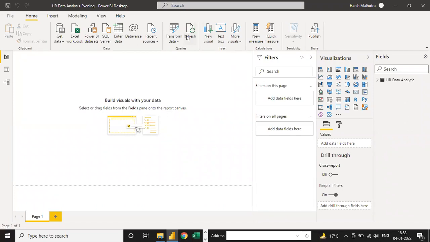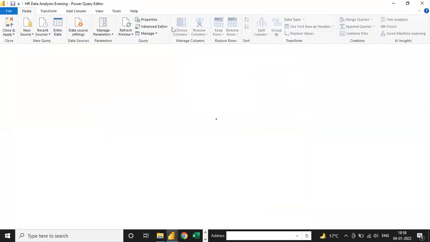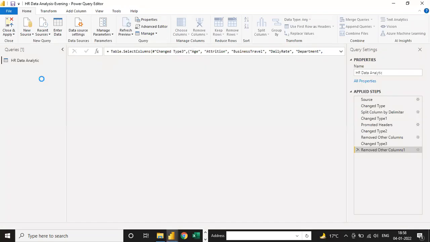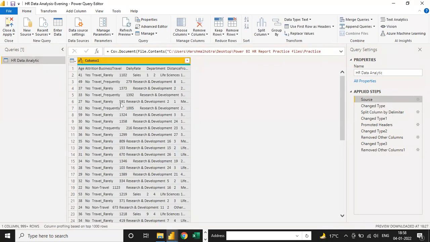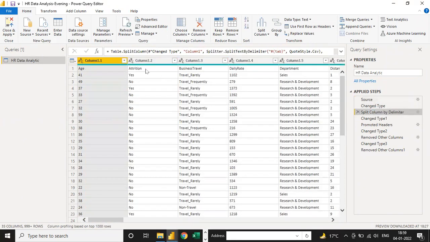So right now, are you able to see my screen now, everyone? Yes, sir. So first we are working with this transform data yesterday. So we are just loading only one data, and then first we have source. Like this kind of data we are loading into this Power BI, and directly we have some transformation.